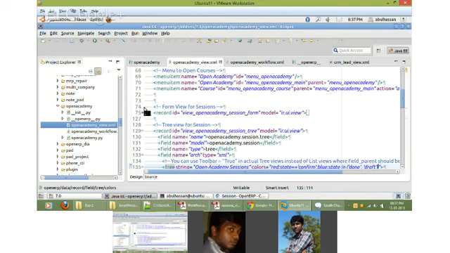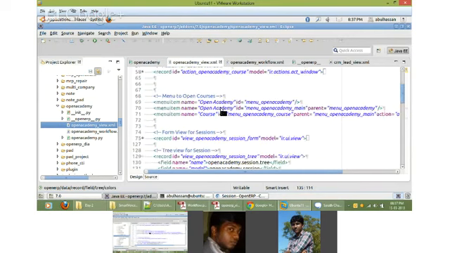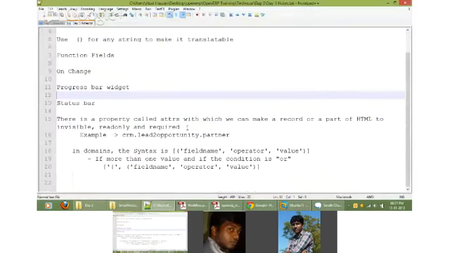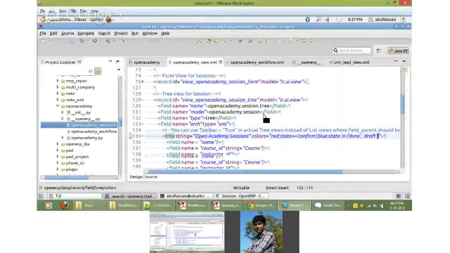See, that can be done. Actually, that is another feature, ATTRS, which I will explain to you probably later. Actually, that is not in the on-change event. There is something called ATTRS. Probably we'll see the example tomorrow.